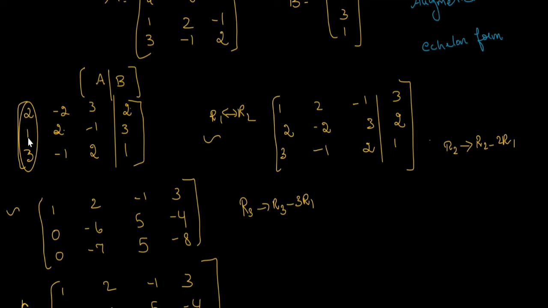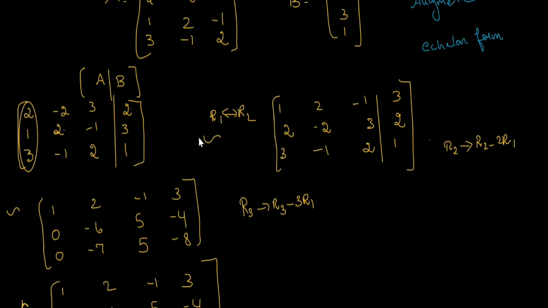If you have 1, try to bring that 1 to the first row. If you have 1 as the first element, then your calculations will be easy. So how do you bring it? You can use the elementary row transformations. We have a video on that, so please watch that video on elementary row transformations.